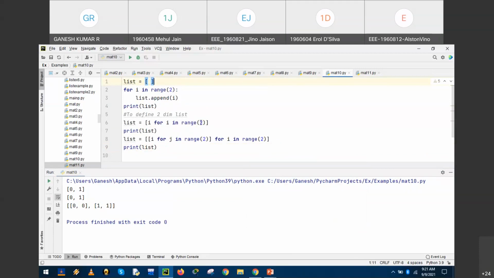So for i in range function, with respect to the control variable, defines the one-dimensional list that could be extended by adding the column representation inside the row. So for i in range function with for j in range function referred by the control variable. Is it clear? So this definition is used to represent a two-dimensional list, I mean the matrix. Is it clear how to define a matrix?